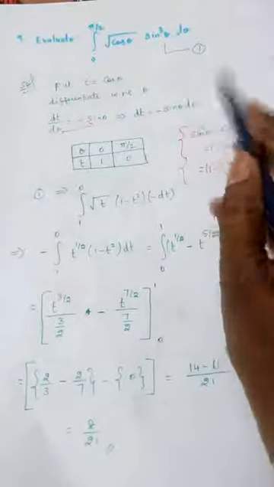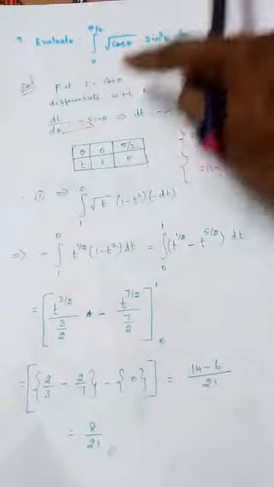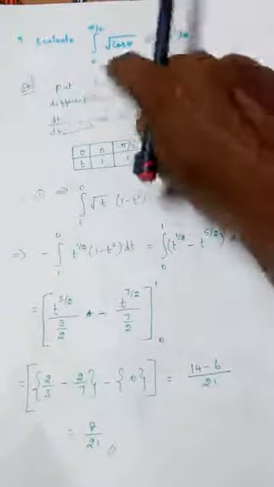Now what I am trying to do is, this integration is in terms of theta, and I am going to convert it in terms of t. So the integration variable is going to get changed. From theta we are changing everything in terms of t. That is why we are putting the substitution t is equal to cos theta and finding this.